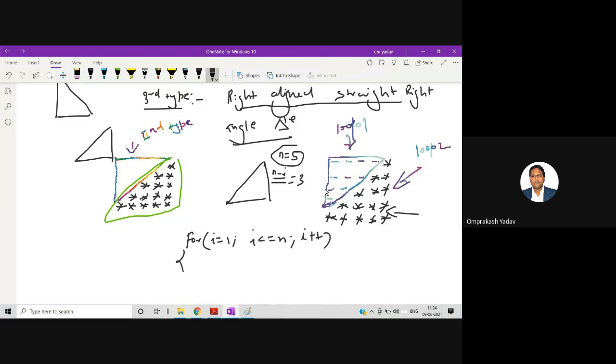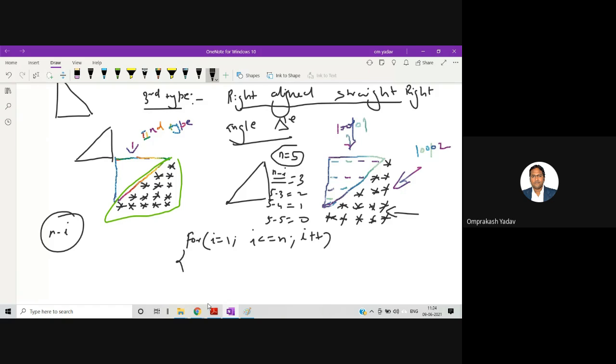In the next row, when I will be 3, we get 5 minus 3, that is 2, right? And in the fourth row, 5 minus 4, 1. And in the fifth row, 5 minus 5, that is 0, right? So if we say n minus I, we are getting that number.